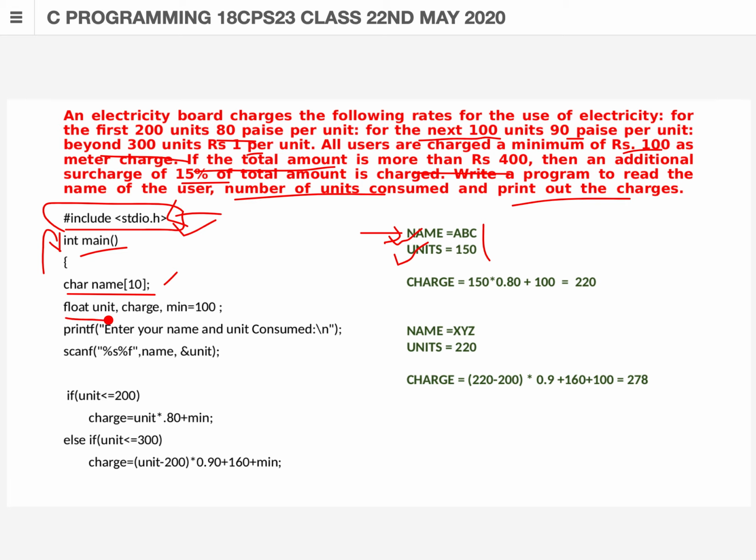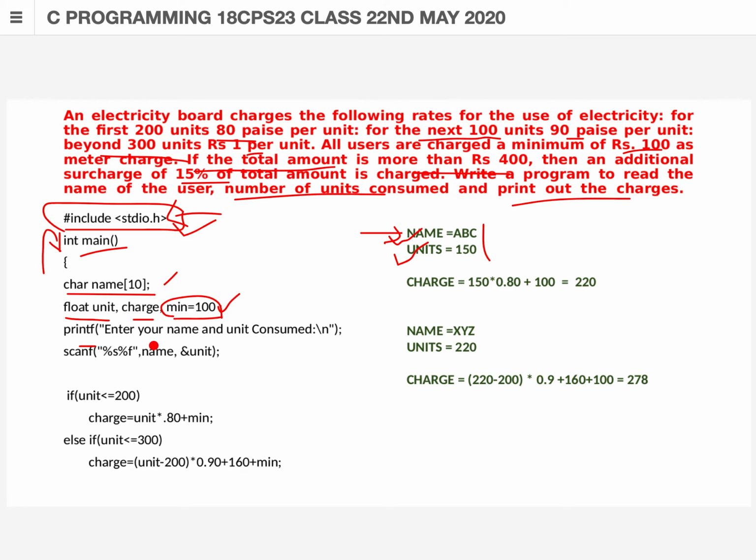The second input is the unit. We have declared that unit variable as a floating point variable, since it can vary with a fractional part. Then one more variable is called charge. We need to calculate the charge, the amount charged for the number of units consumed. The minimum amount for each and every billing will be 100. It is mandatorily given for any number of units consumed. Even if 5 units are consumed, the default minimum of 100 applies, along with the evaluation calculated here.